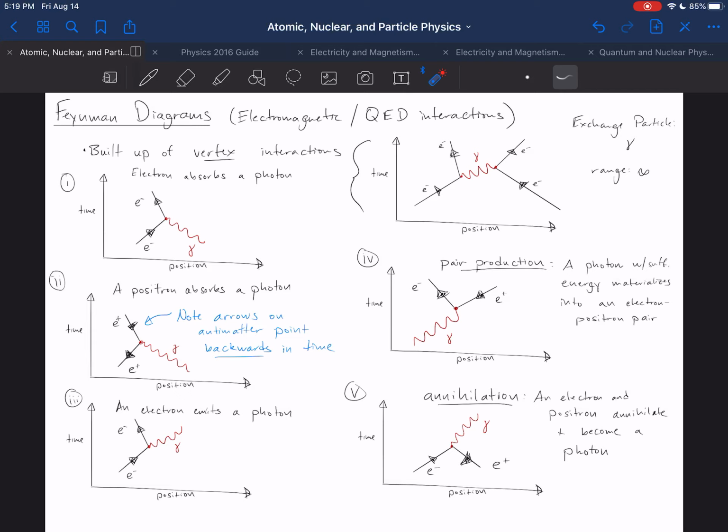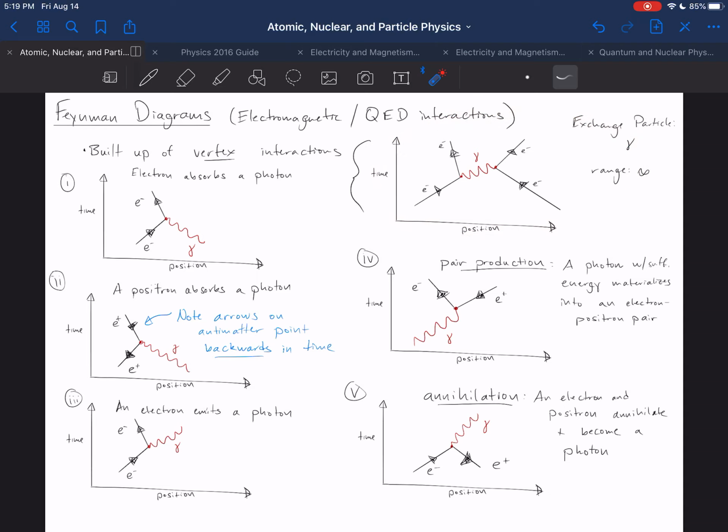The first subset that we're going to take a look at are the electromagnetic or QED interactions. Remember that QED stands for quantum electrodynamics. It was the very first quantum field theory discovered or characterized, and all QED interactions, all electromagnetic interactions, like this one, are actually composed of what are known